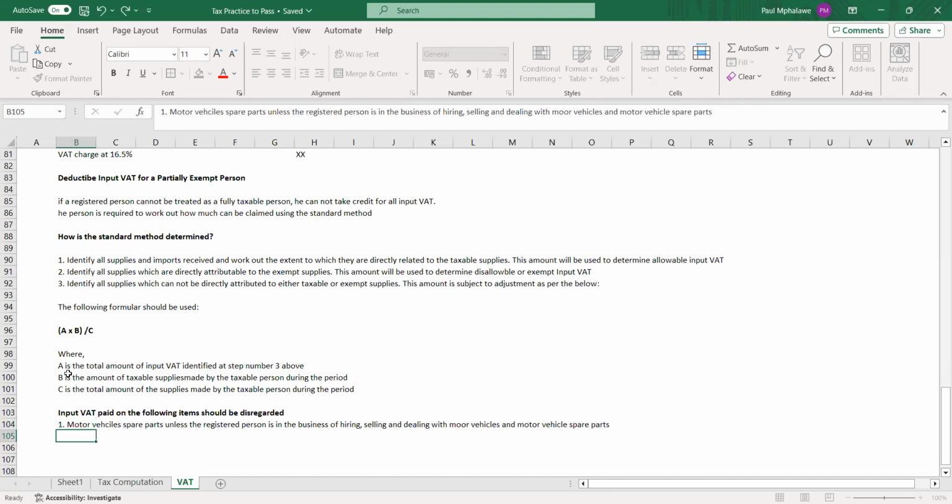This is a law. Number two, motor vehicle and motor vehicle spare parts, unless they are used wholly, exclusively, and